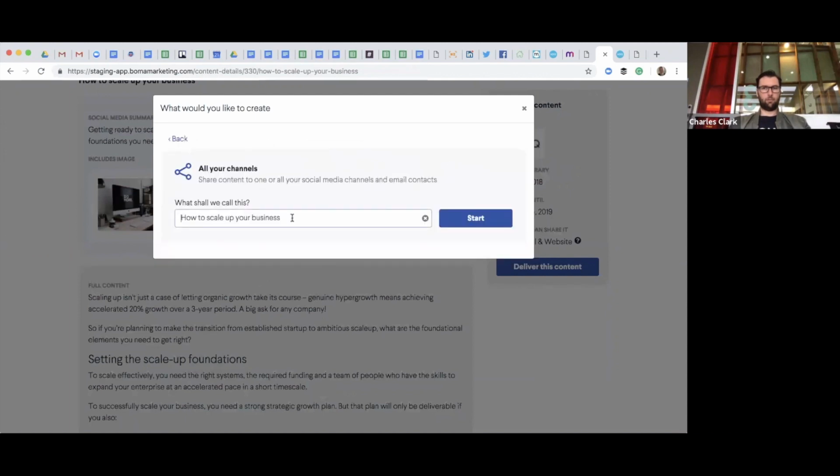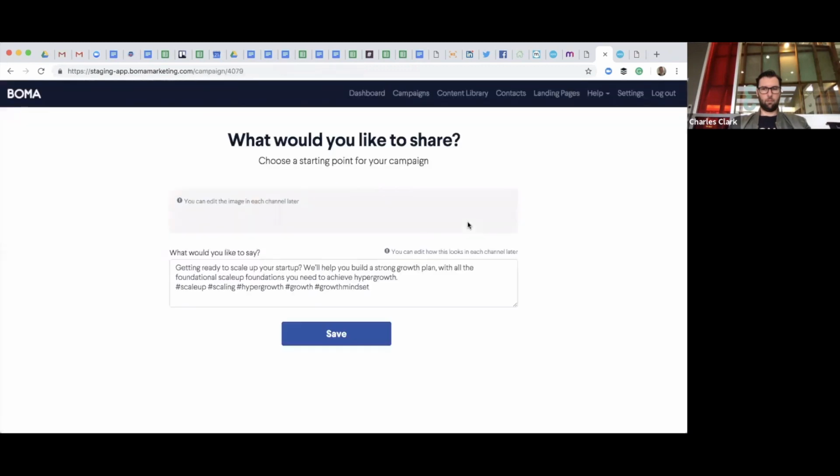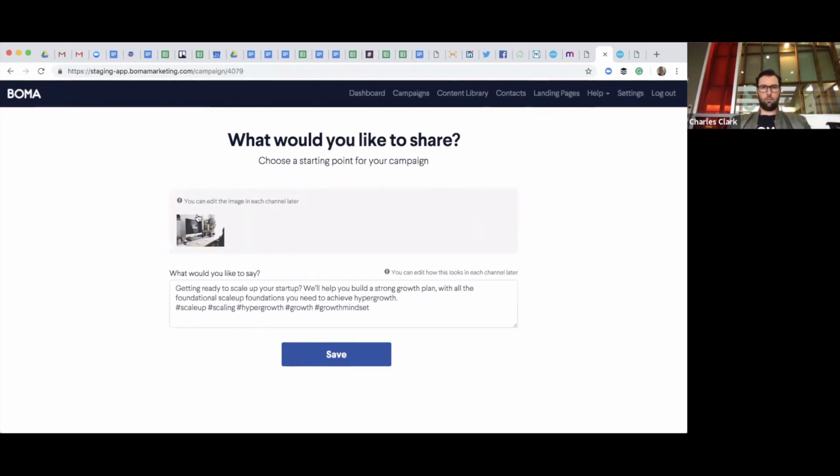The first box here shows the title, but you can change that. That's not seen by the recipients of this email, but you can change it to something meaningful. We're going to leave that as it is. And then this very first step confirms this is the image and here's the text. Now you can edit these as we go into the channels, but just to show you, if I click on